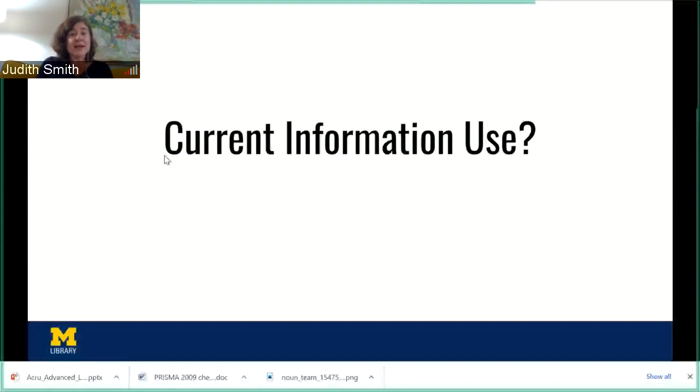You're being systematic and structured in identifying your information need, searching and retrieving information, and systematic in the way you evaluate and manage the results. I'll talk about the hallmarks of a systematic and structured approach in a moment, but just wanted to get this definition out there.